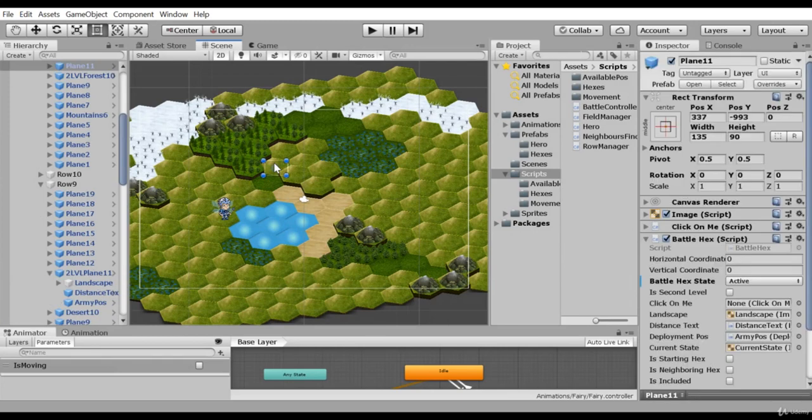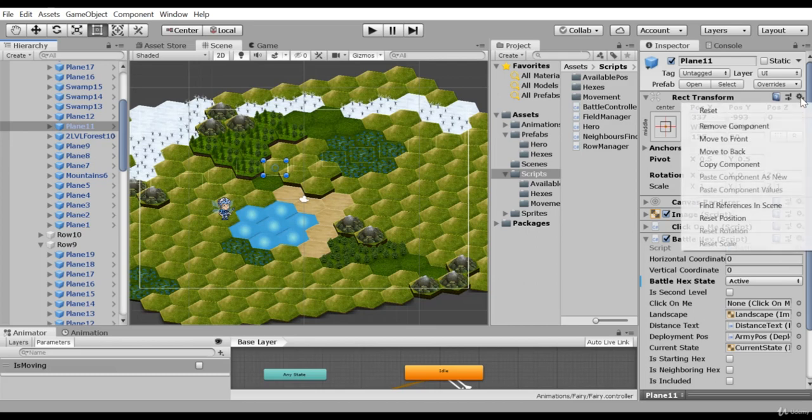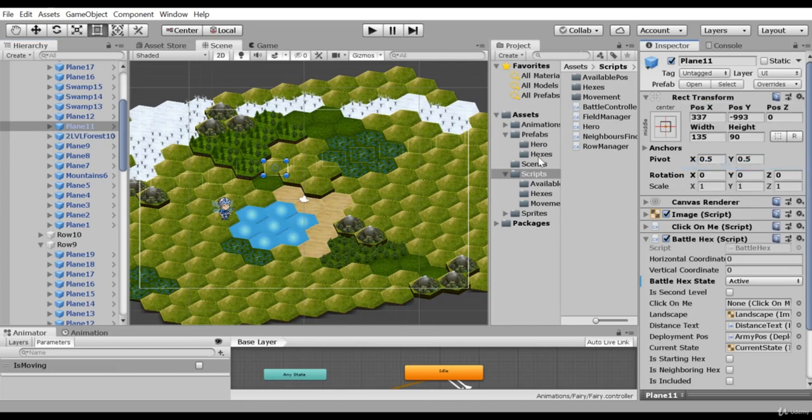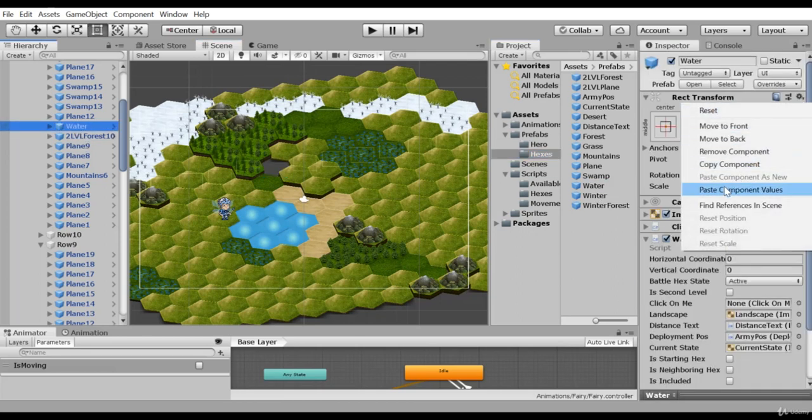Okay, let's start with the battlefield. I will replace two hexes. We have a large swamp that consists of 7 hexes, and there is a large lake that consists of 7 objects. In order to make the code more universal, I want to check it on single objects. To replace the hex selected, copy its rect transform component, then select a hex prefab and holding the Alt button, drag the prefab onto the hex that we want to replace. Then paste the rect transform component,